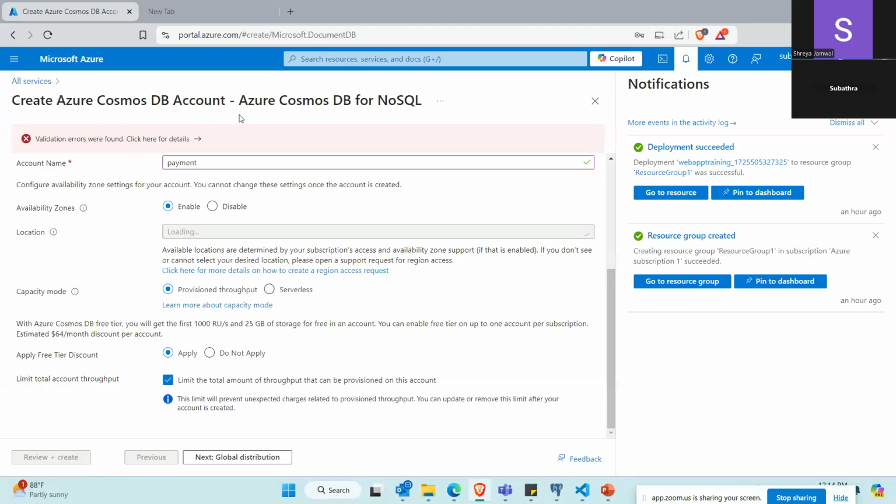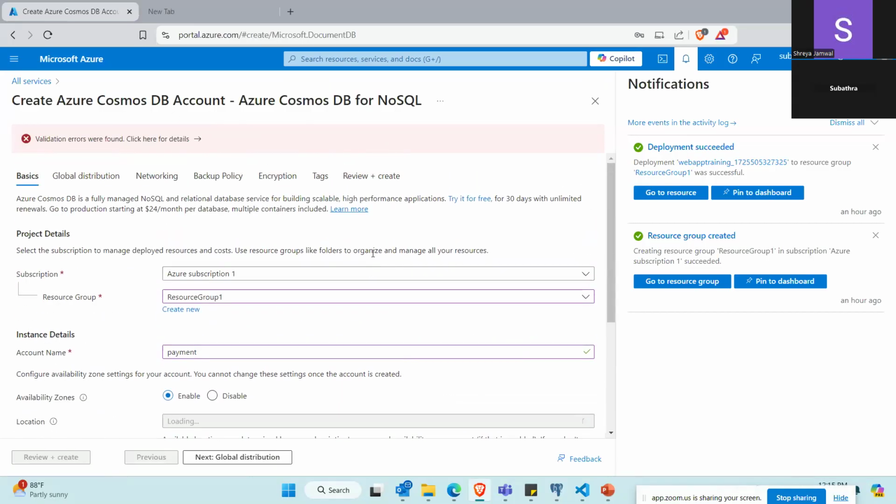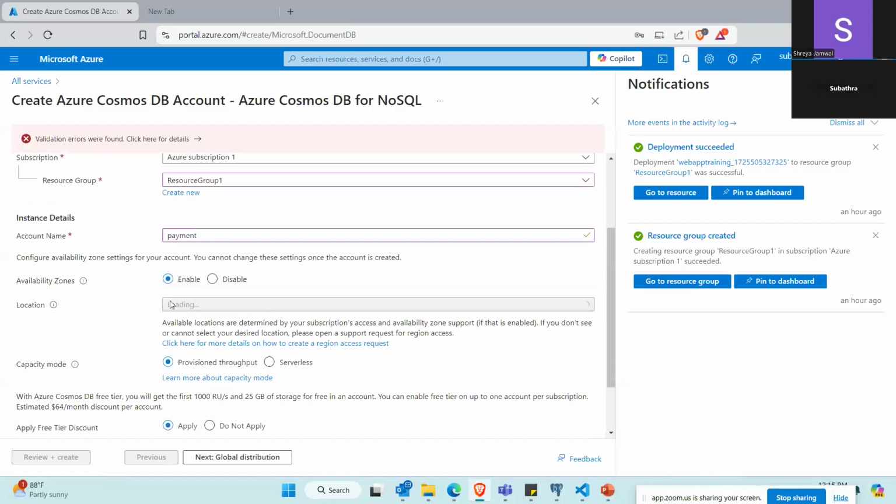I selected only the DB for NoSQL, and one more option was there, one for NoSQL and one for MongoDB. So for each and every DB I have to create an account, or is it a common Cosmos DB account? You select Cosmos DB. Mostly Cosmos DB is recommended. You can refresh and check. Whichever resource group location you have given, try to give that. It's still loading. It's taking a lot of time.